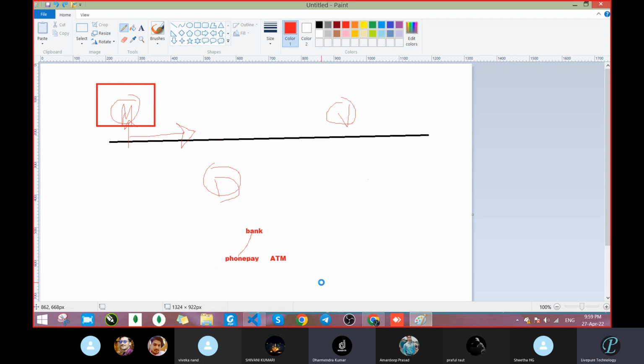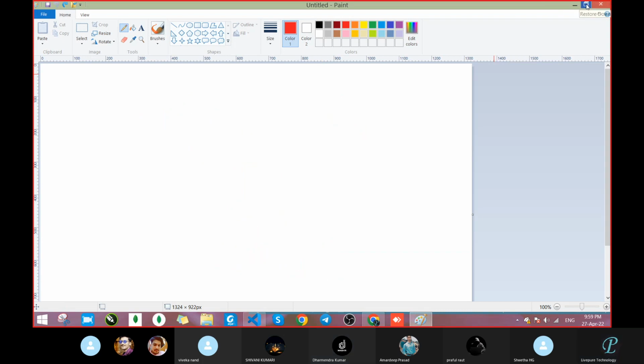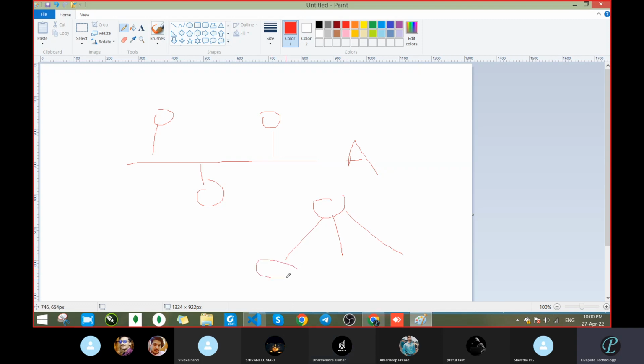So we call this example synchronous. Here, were we running many functions in parallel or not? Yes, sir, that is parallel. This is asynchronous, and this is your banking application. But here only one operation is going on at one time, so this becomes synchronous. Got it? Here multiple functions are working.